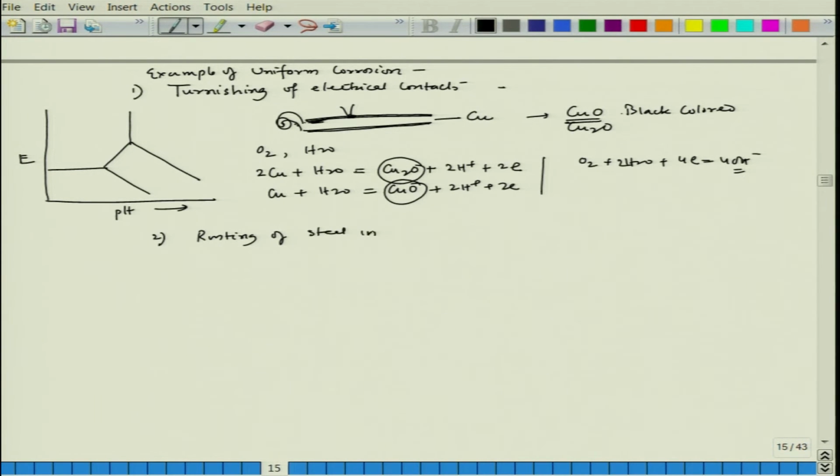Rusting of steel in air, and here I am talking about carbon steel. In the case of stainless steel, corrosion generally happens mostly in a localized fashion, but with carbon steel, for example, if you go to a seaside and see bolts on, let us say, a jetty, the corrosion there is mostly uniform corrosion, and over the entire segment you will see the rust has formed all over the bolts or nuts, whatever you see. It is basically carbon steel, and the rust is forming in the air. There will also be effects of chloride ions, but mostly it is uniform.